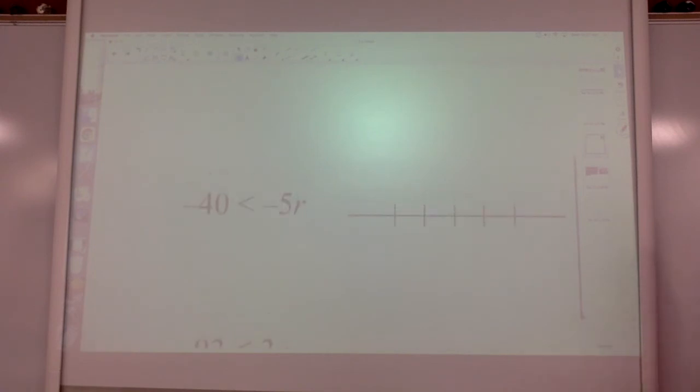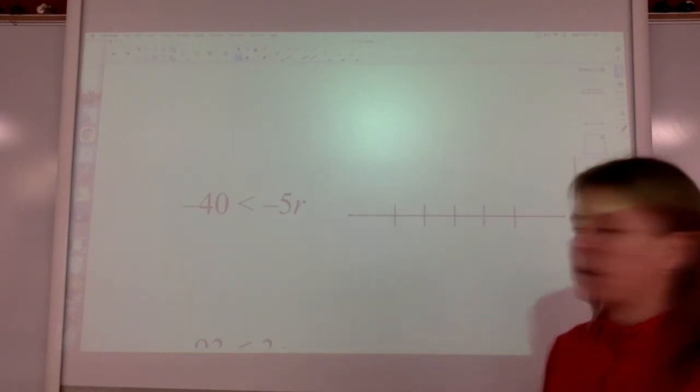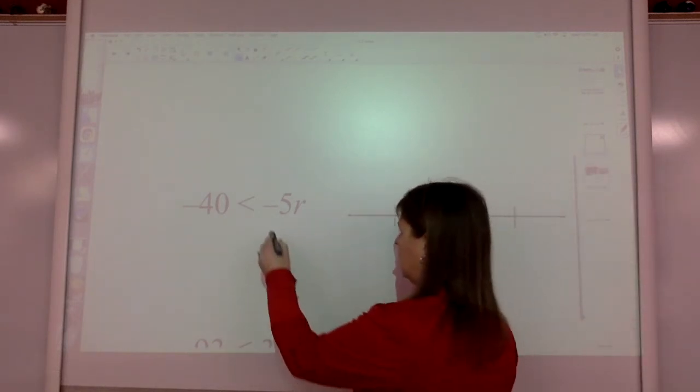Negative 40 is less than negative 5r. It's okay that the variable's on the other side. You still solve it properly. You just have to be careful when you graph, that is the only issue. So I'm going to divide by negative 5